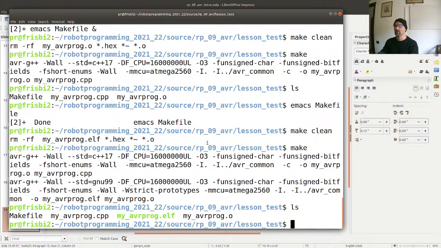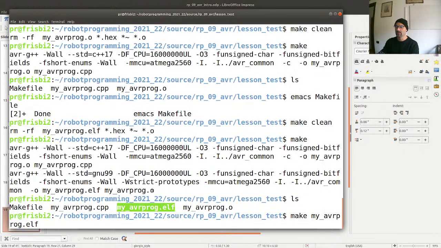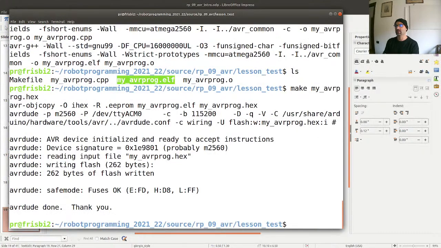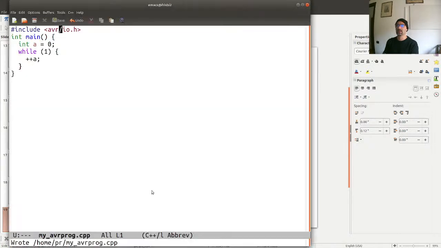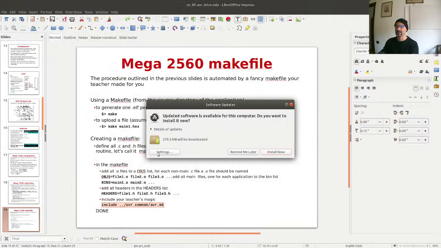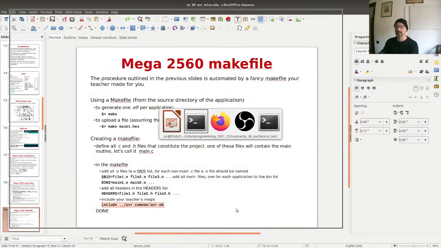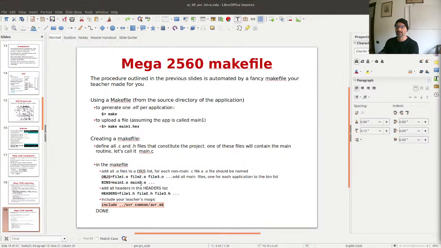Now let's say that I want to upload it. You can simply do make avrprog.x, and it has been uploaded, right? So that's all when you need to use my make files. That's easy, and in this way we have introduced how to use this infrastructure to work